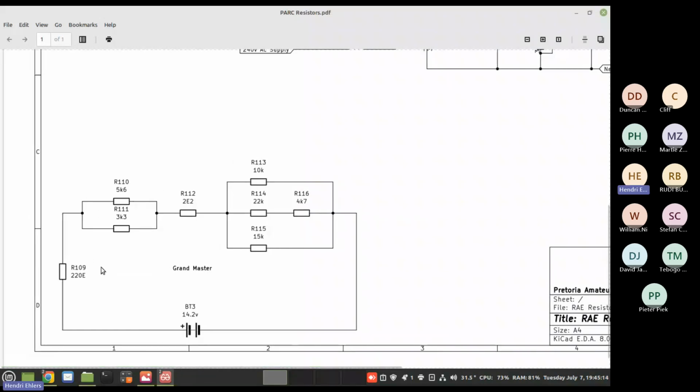Grandmasters. So once again, you will first calculate this, and in this case, then you'll calculate these two, and then you'll use your parallel formula to calculate the value of this combination. And then once you've got that, you'll add all of these together and you'll get your current. And once you've got your current, then you can calculate back and calculate the voltage drop, the power, and the current through each one of these resistors, because here the current will divide and then it will come back together again,